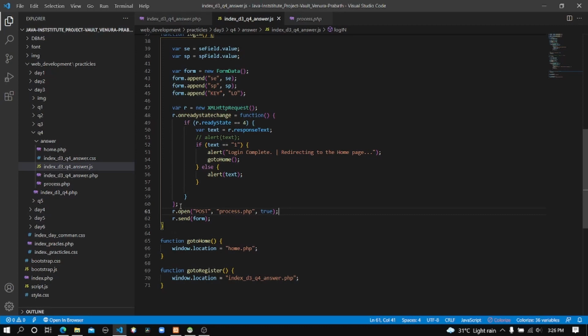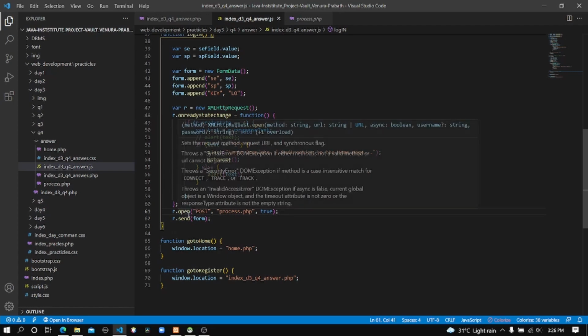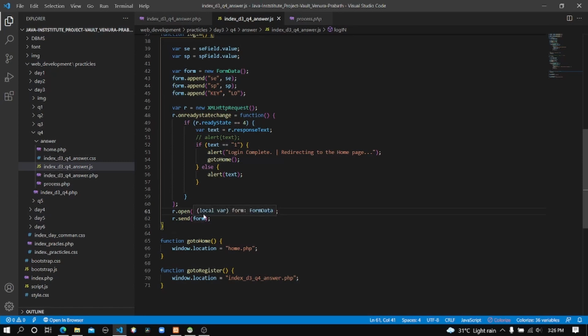And you can see I added the open method to our Ajax object. In that open method, here is the method I want to transfer this data. I am transferring this data using the post method, and here is the destination. The process.php file is the file we want to send this data to.